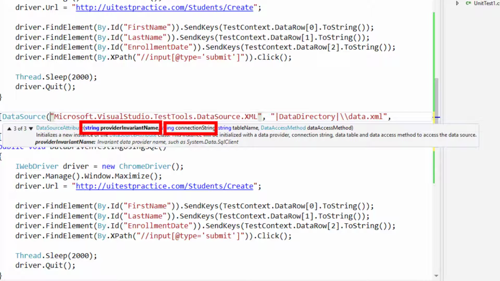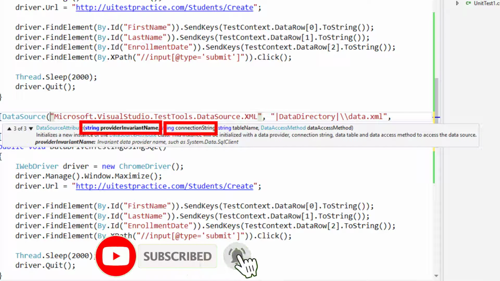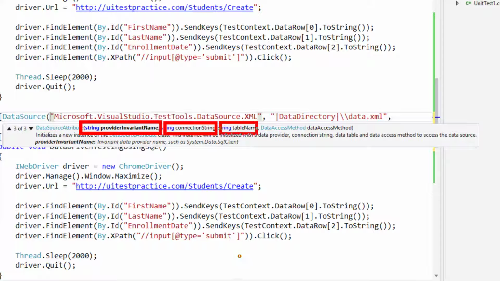Connection string is made up of 4 parameters: the server name, database name, user ID and the password. The third parameter we have to give is the table name. In our case, the table name is student. And the fourth parameter is data access method. How do we access it? We can give it as random or sequential.